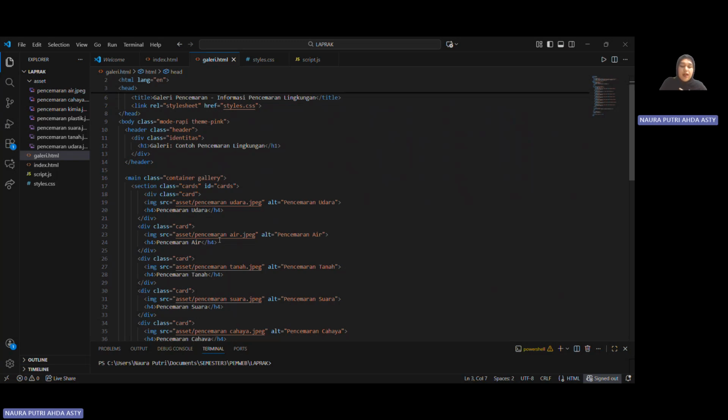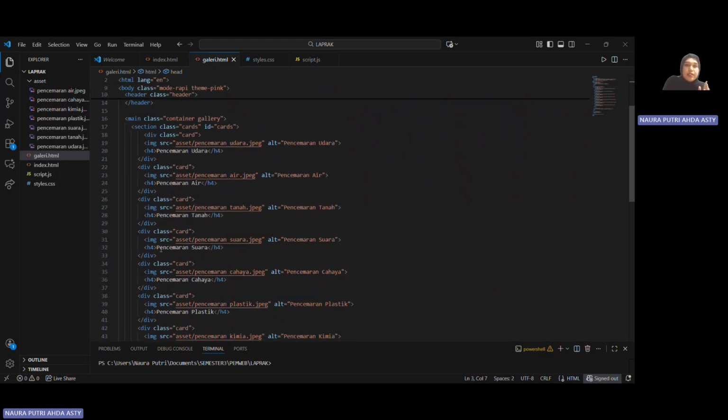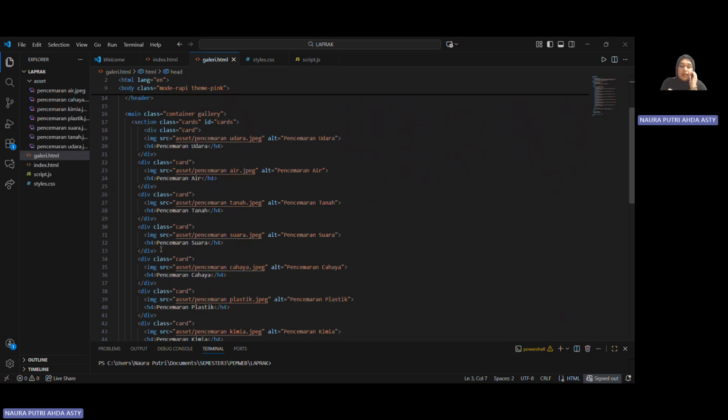Next, I'm going to explain the main section that I made, which has a section called gallery, or container gallery. In the main content, there is a card that will show the image.